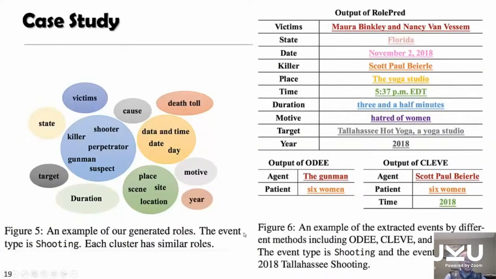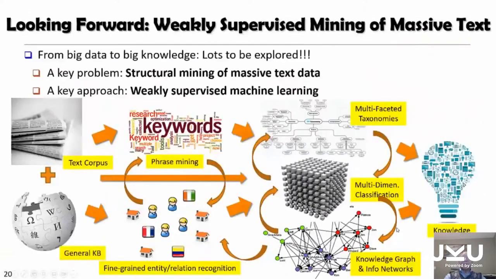You can see, using this, we took the earthquake, okay, and took many other roles. For example, this event type is shooting. We take the shooting, and we actually can find a lot of very interesting ones, and some different role names can be clustered and merged. And with this, you can see our method can find many more roles than many state-of-the-art methods.